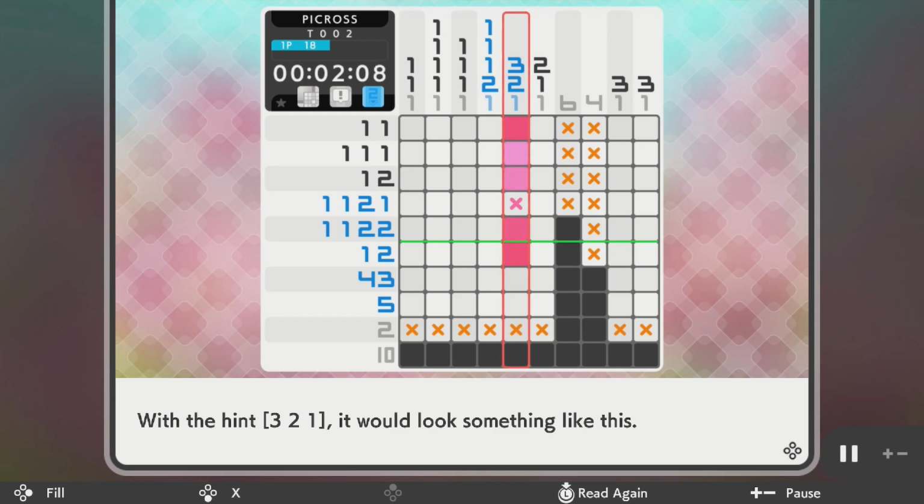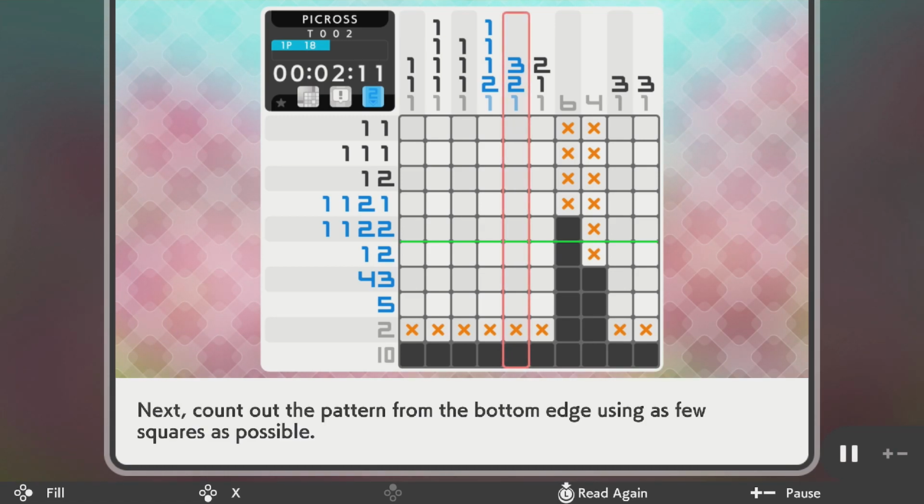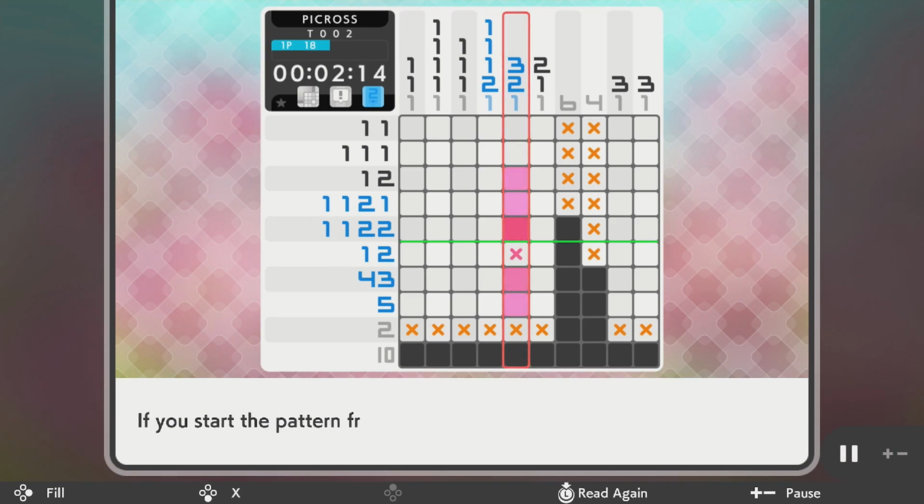Put the 3 and 2 in the most extreme configuration, like this. Next, from the bottom, 3 and 2. Yeah, and look, there's a single overlapping square. Check it out. It's that one. However, beware of this square. It's filled in. Exactly, this is not guaranteed to be anything, because they're from different numbers. It's filled in both times, but it's not from the same number. One time you're counting for the 2, one time you're counting for the 3. Do not fill that in. It's not guaranteed. And in fact, if I had to base...